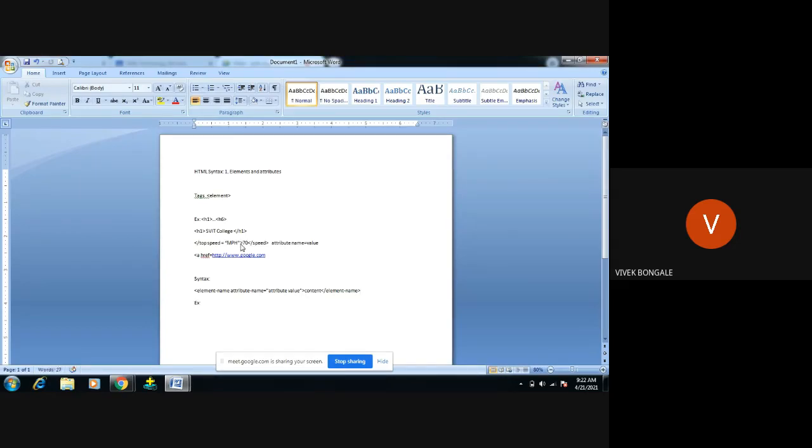For example, I'm trying to give one here. So open the angular bracket. What is the element name here? I consider it as A. I want to add some hyperlink to the present code, the present web page. To do that, we have to use the anchor tag. So A is the anchor tag, which is used to hyperlink any web pages. A, then attribute name. I'll give it as href, that is hypertext reference, equals, and I want to link the other page.